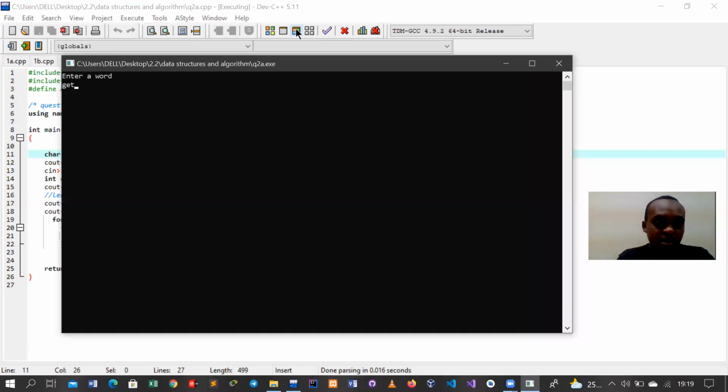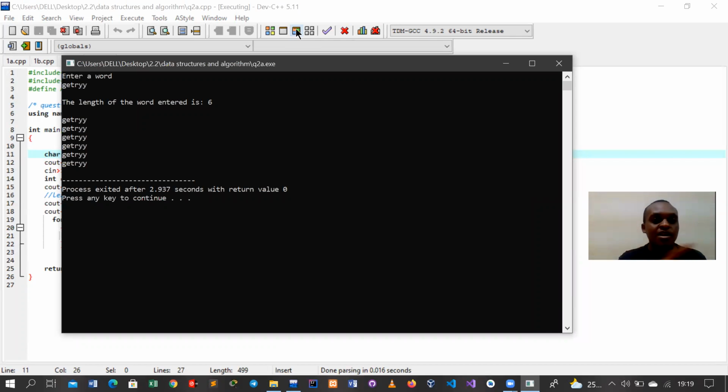So we enter any word, and then we print it. The word size is 6, and then